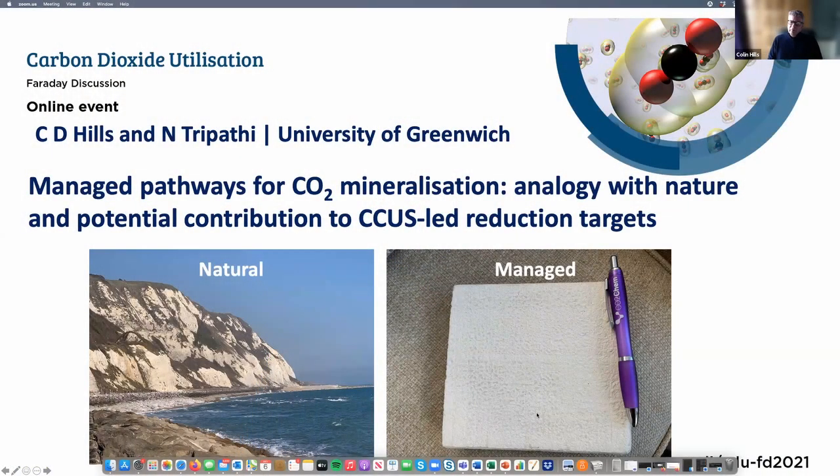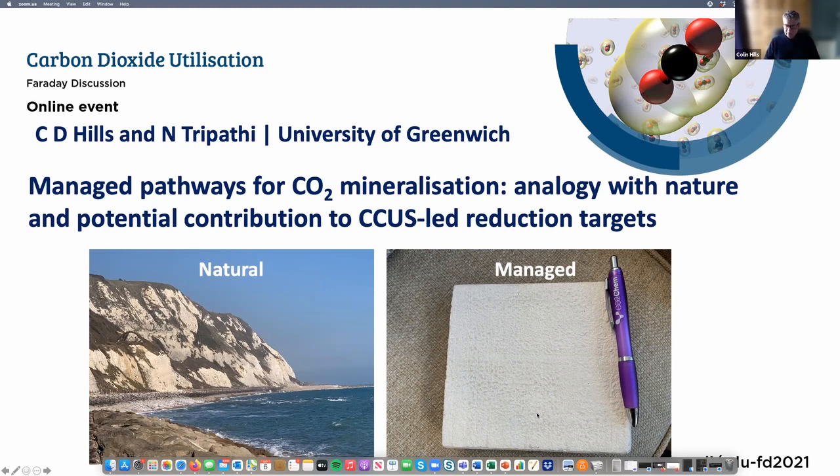Well, good morning to you all. There's been a bit of a change in focus in recent years from the sequestration of CO2 to utilization, from the S to the U, as Peter was saying a few minutes ago. And what we notice when looking in the literature is there's a bit of a lack of a reference point. So what we try to do in the work I'm going to present to you in a minute is to give an analogy with nature, and also give some understanding of the kind of amounts of CO2 that can be potentially mineralized in the UK, and how they relate to the CCUS lead reduction targets that have been published by